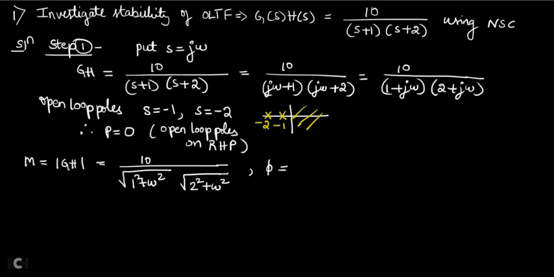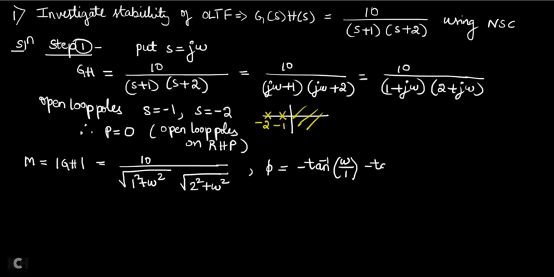Now you have to also find the phase angle. How to find the phase angle? See this term given. In the numerator, 10 is there. What is the phase angle of 10, or the phase angle of any constant number? 0 degree. So you can leave that. Now what is the phase angle of the denominator? Denominator is like a plus jb. The phase angle is given by the formula tan inverse of b divided by a. And because it is in the denominator, the angle will be negative. See, I am going to write now. The phase angle is minus tan inverse of b by a, omega by 1.